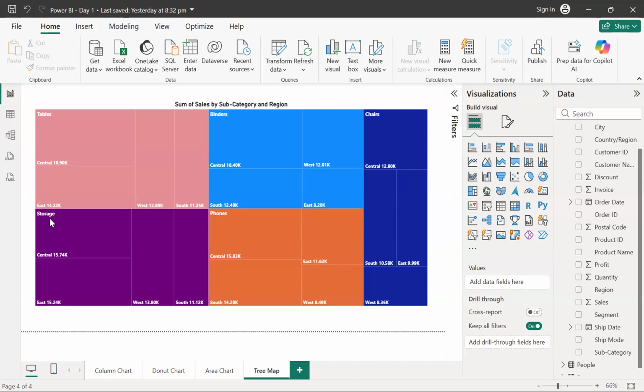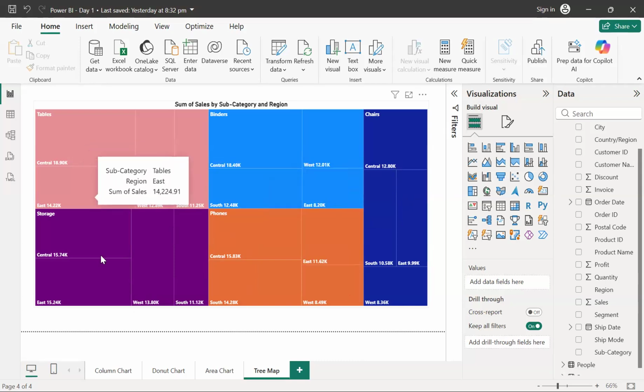Okay. Similarly, guys, if I talk about another subcategory, storage. You can see, guys, that for storage we are getting almost a similar number of sales from the central and the east region. But again, from the west and south regions, we are not getting that amount of sales. Then if I talk about the binders, again for binders the maximum sales are coming from the central region. But from the other three regions, we are not getting a lot of sales. And interestingly, guys, for this particular subcategory we are getting the least sales from the east region.